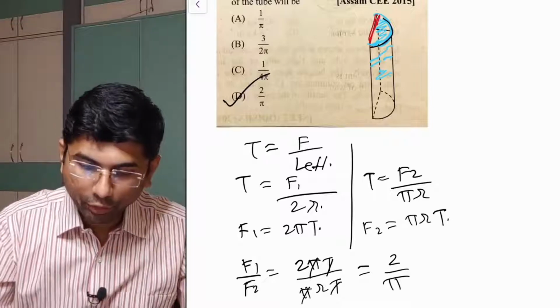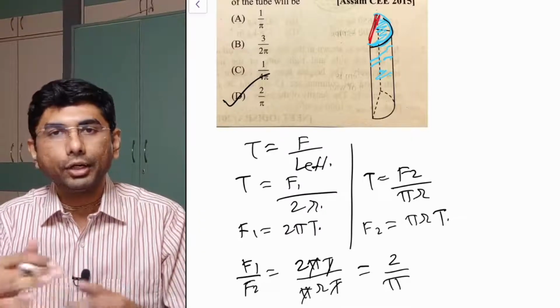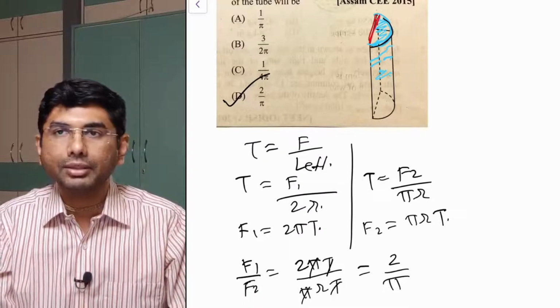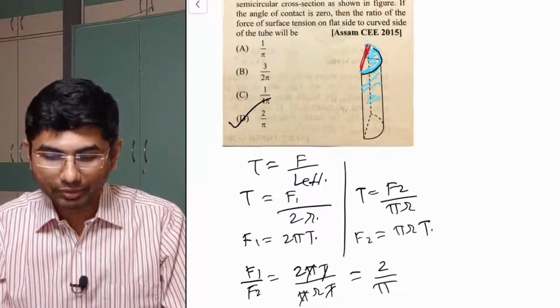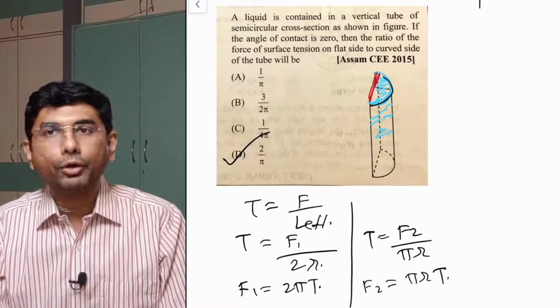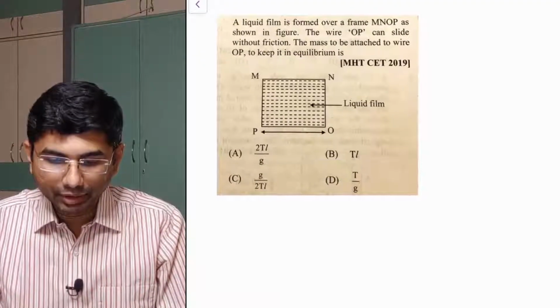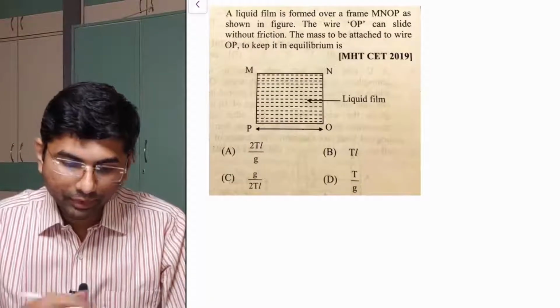We just need to find out how to find the effective length. If you know how to calculate effective length, things are very easy. Any kind of twisted question can be asked. We just need to have a little idea of our geometry, and with the help of geometrical understanding we can find out the effective length. Next question, and this is the last question, which came in the 2019 paper.